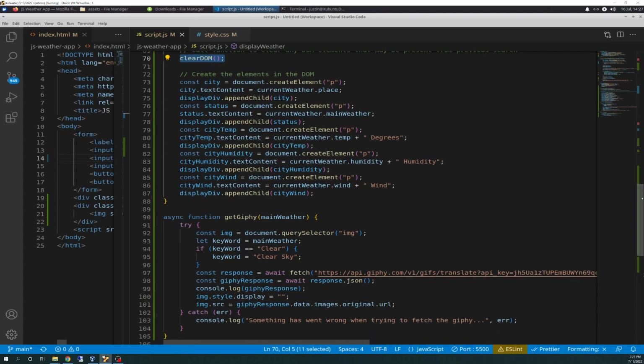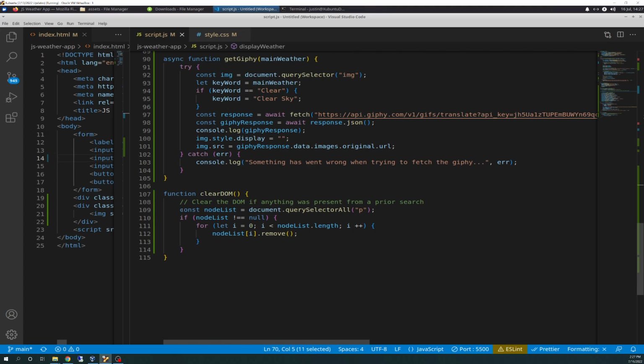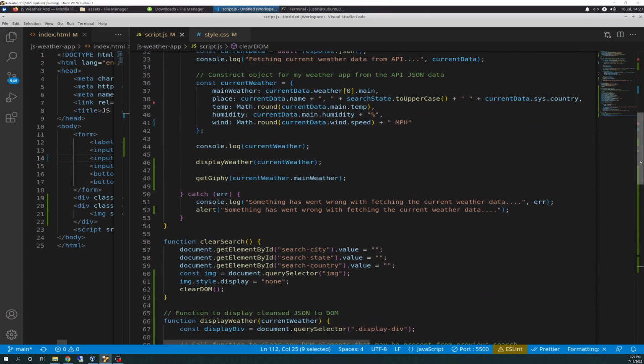So the clear DOM, if I follow that down, goes down here, and it's nothing we haven't seen before. Just creates a node list via query selector all for all p tags, because I know I'm jumping ahead of myself, but the create elements are all p tags, as you'll see in a minute. And then inside I have an if that loops over the entire node list. So if the node list is not null, meaning there is at least one p tag, I'm going to loop through each one and do a dot remove method to remove it from the DOM. So that's that. Going back up here to